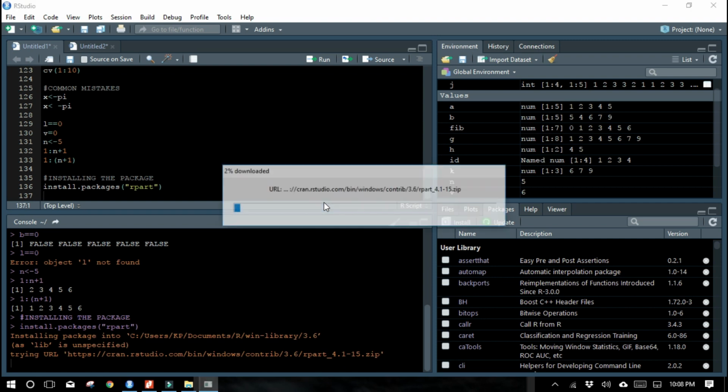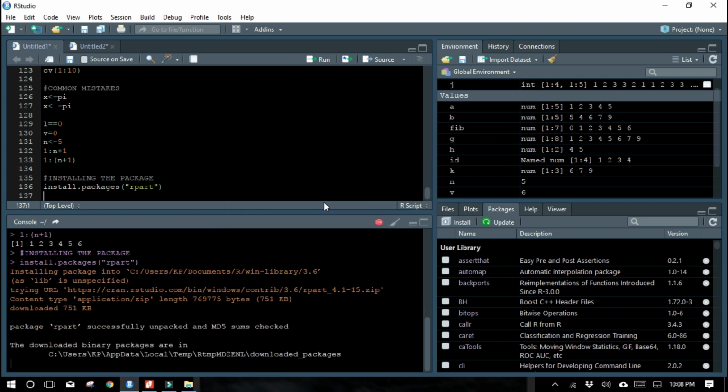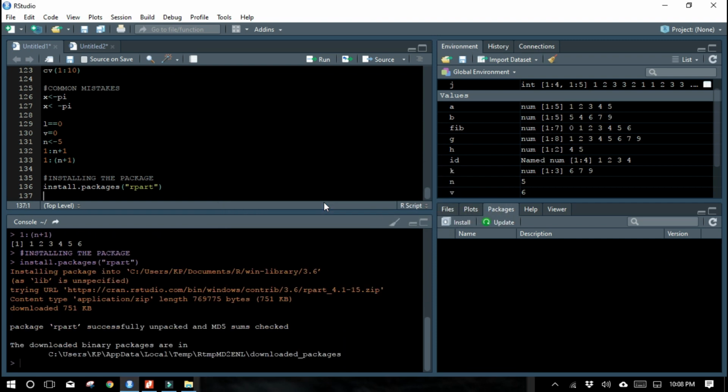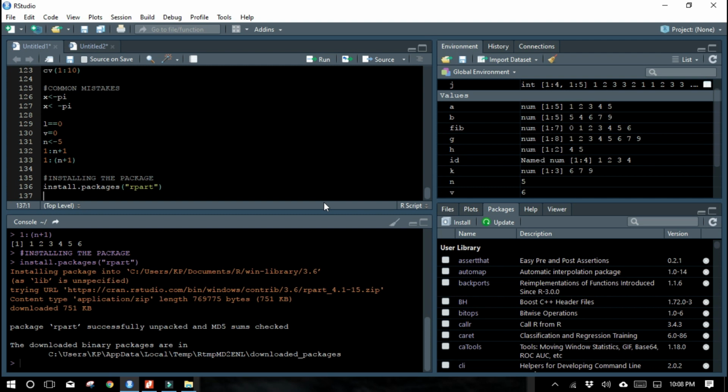The main thing that we forget to do is, after installing the package, we forget to load the package. If we load it, only then can we use all the functions that are available in that particular package. Otherwise, we couldn't use them. So library of rpart.